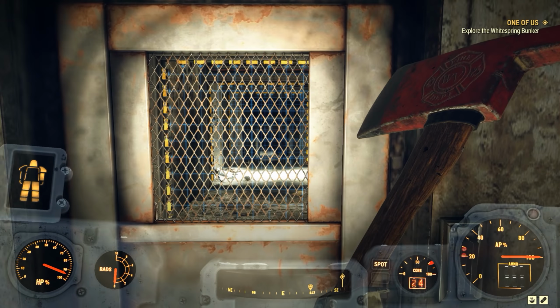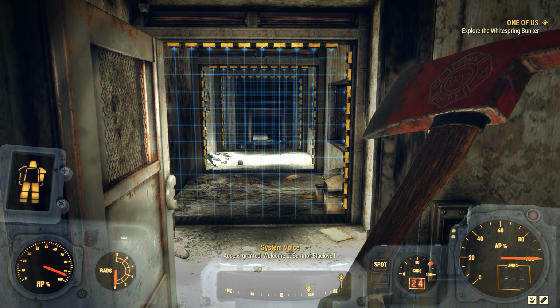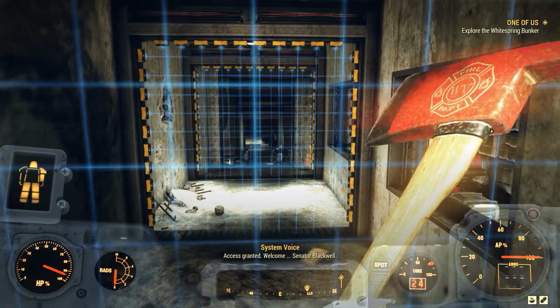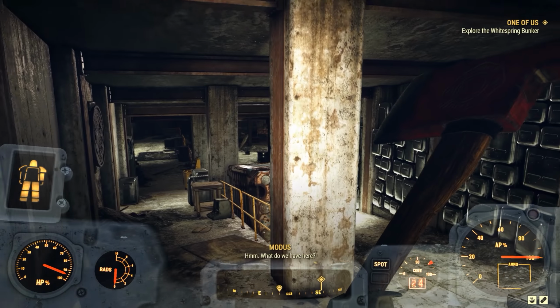You have the key card, just swipe it into the ID card reader, and you'll be given access through the security door and through the laser grid up ahead. You'll be able to follow the path all the way down to the bunker beneath, whilst being greeted by the